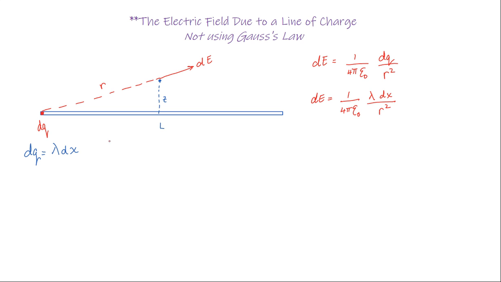The next thing that we were encouraged to do was to look for symmetry, and we already described this as being symmetrical over this axis over here. Why that's important is when we look at the electric field at this point and sum it all together, just using the visual electric field representation, every little point along here contributes a horizontal component and a vertical component to the electric field. And we see that because of the symmetry, all of the horizontal components will cancel out